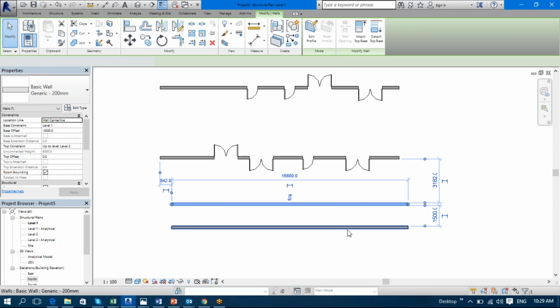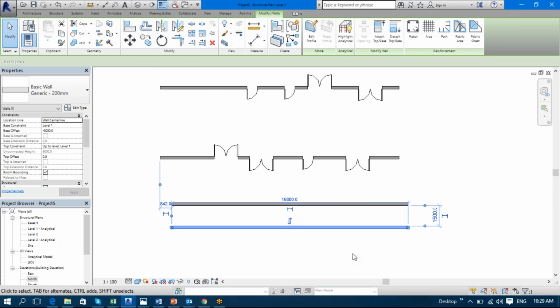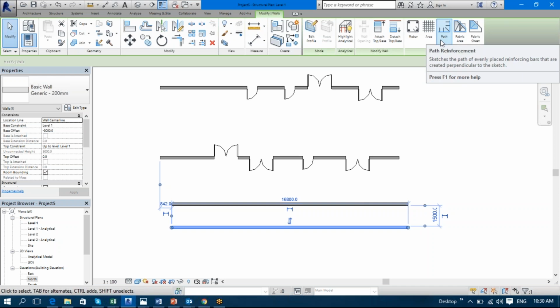But if I'm selecting this wall, you will see the difference. The entire contextual tab has all together a different set of settings with the wall structural part. That's the difference. So over here, I can do my rebarring, I can do my area reinforcement, I can do my pathing. Like we need to create a cover and then create all this rebarring